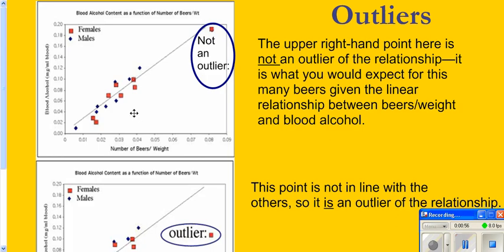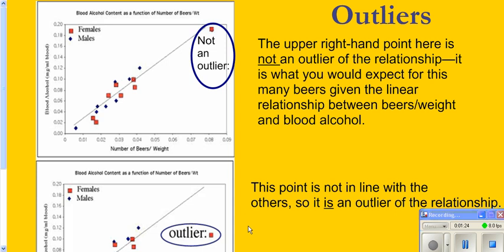So once again, here we have the number of beers divided by weight and the alcohol level. Once again, we also now have a categorical variable on here, with male and female represented by different symbols for our points. Here we have an upward trend. We have this one female up here, significantly different than all the other data,